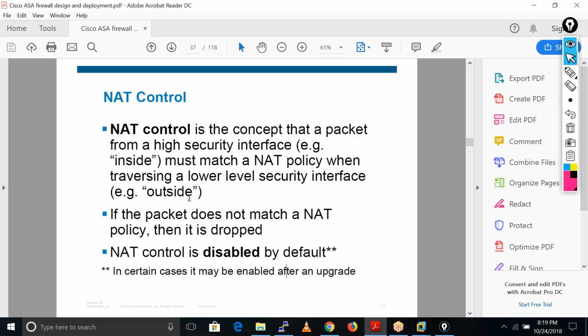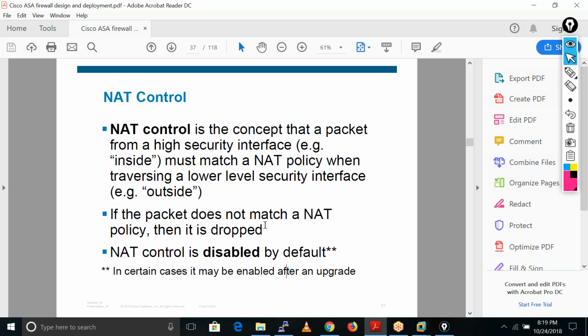If we don't have any NAT rules in our firewall, the firewall basically drops these packets. Right now there is no need for nat-control, because they have changed the operation of NAT in these latest versions, which are 8.4 and above, like 8.6. After that we have 9.1, 9.2, and the latest one is 9.9.